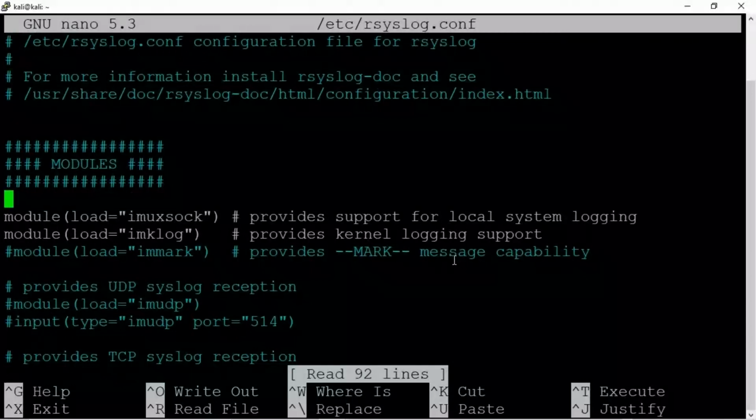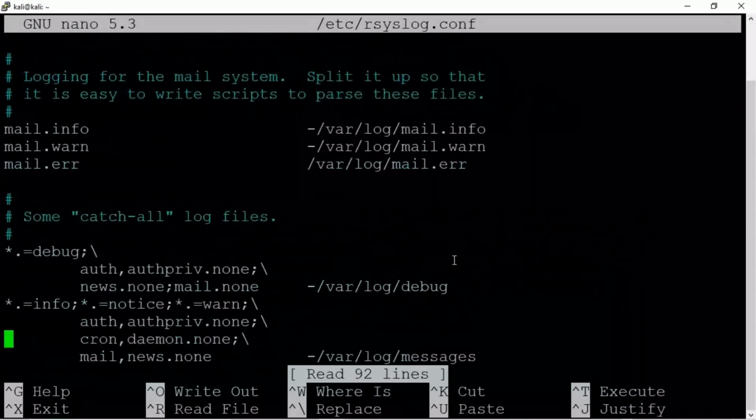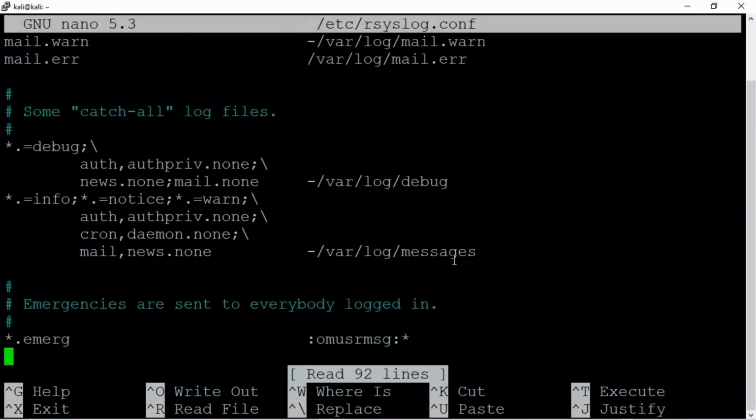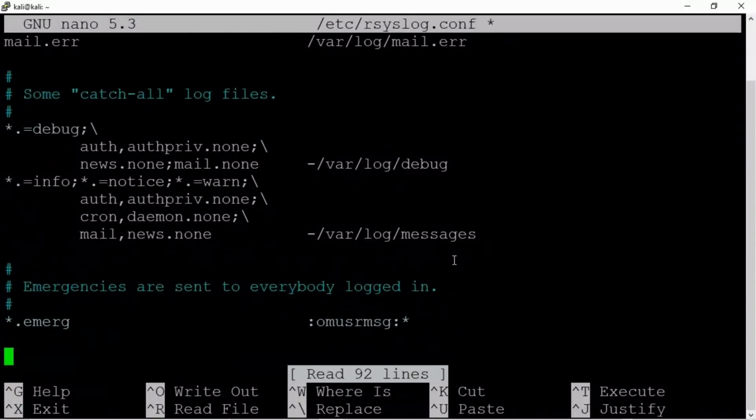I'll enter that in, and what I want to do is not turn on the UDP listener, because this server will not be the centralized logging host like the other one is. Instead, I'm going to go all the way down to the bottom, because I want to add a new entry to tell this host, forward your log entries to our centralized logging server. Now what I can do is something like this: *.*